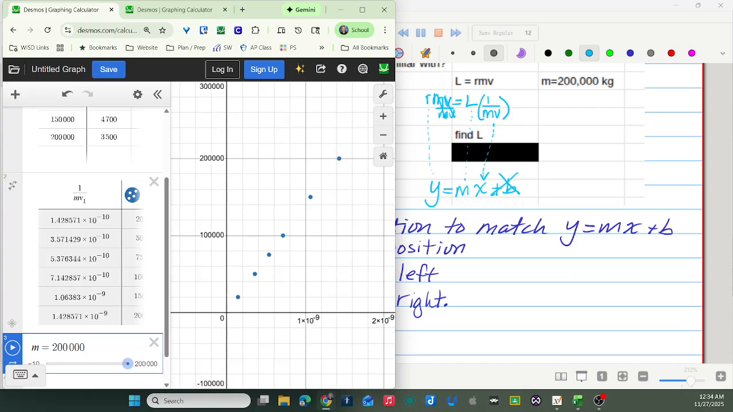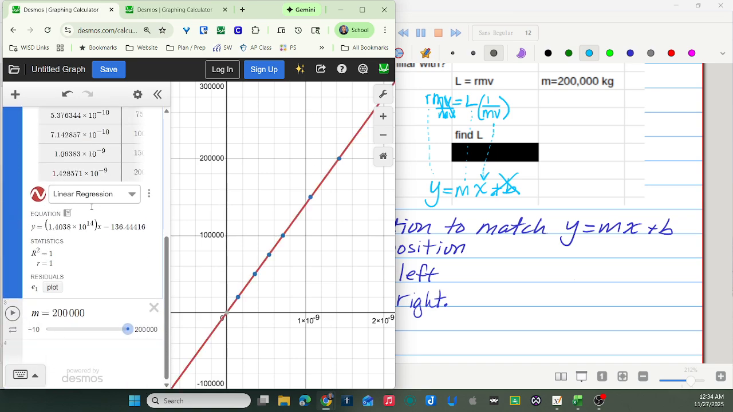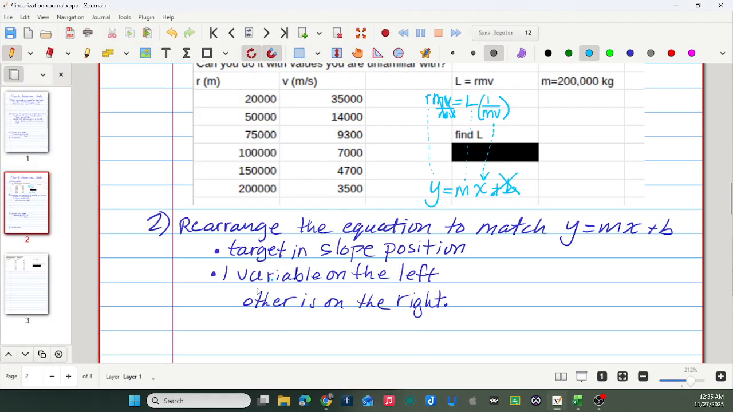So let's take a look here, and I can see by zooming that this is linear. That's a good thing. And I can click the button to add a regression, and this linear regression has a value of y equals 1.4 x minus 136. So when I go to cite, what I'm going to do over here,